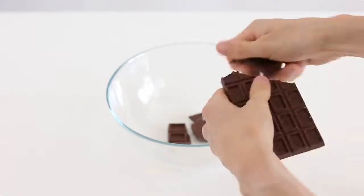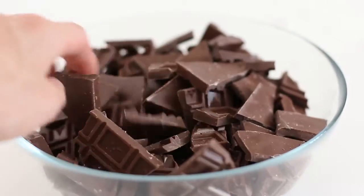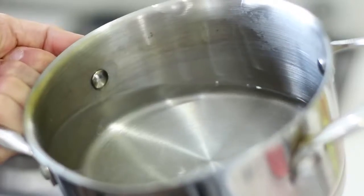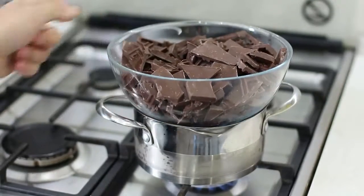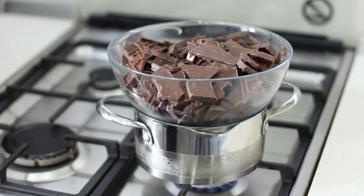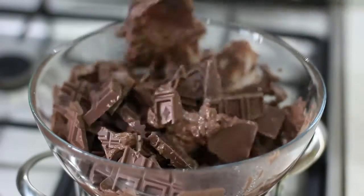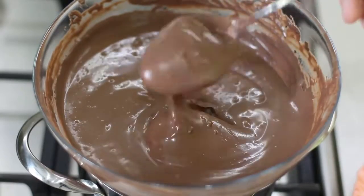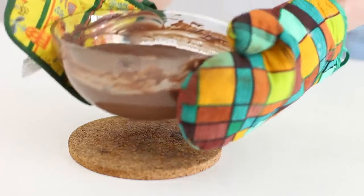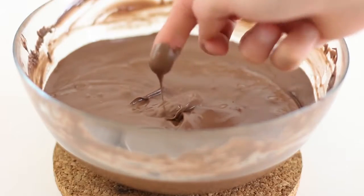Second, we need to melt the milk chocolate. To do that, we broke it into small pieces and put everything in the big glass bowl. We fill the saucepan by 1/3 with water and put it on medium heat. It's important to melt the chocolate using the water bath. As soon as it starts melting, you need to stir it constantly until it reaches a homogeneous liquid state. The chocolate doesn't need to be too hot, so it's warm and liquid-like at the same